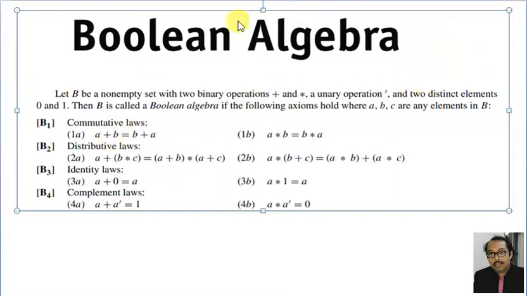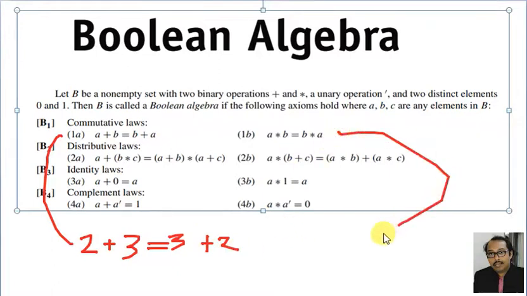Okay, I'm explaining this with a simple example. Now look at this. a plus b is equal to b plus a. It is very simple to understand. Imagine 2 plus 3, 5 is equal to 3 plus 2. Not a difficult one. Now in case of this one, I can write 2 into 3, that is 6, will be 3 into 2. Again this will be 6. So this is about the commutative law.